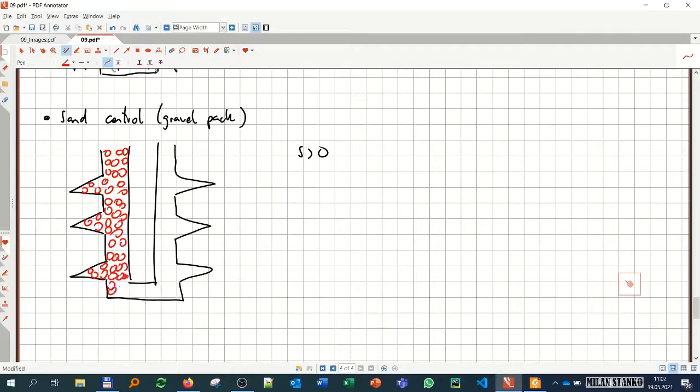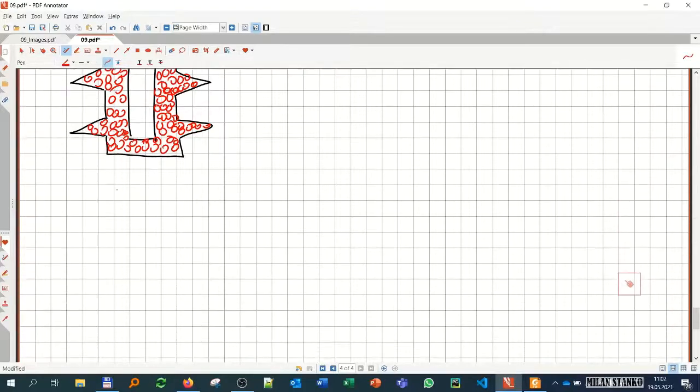They don't allow it to come into the wellbore, and that's sometimes necessary, depending on the formation, depending on the size of the sand that I have in the formation, depending on the production conditions, then I need to have some sand control. And this can cause again another skin type effect. So this thing is the gravel pack. And this is perforated in this case, so here we may need the cement. I didn't paint everything here, but